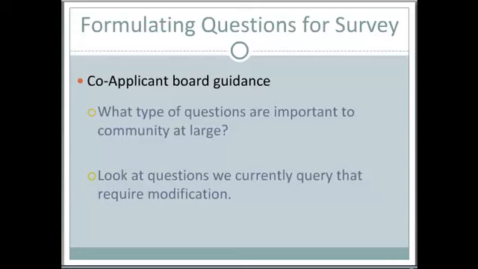And also, the co-applicant board has a significant role in developing the type of questions outside of the questions needed for our grant narrative, because like the other two presenters noted, our special populations, homeless, as well as migrant, refugees, are special and different and always need and require special accommodations or recommendations throughout the community. We try to work together and provide them. And I will go over a few of the results at the end of some of my slides here.